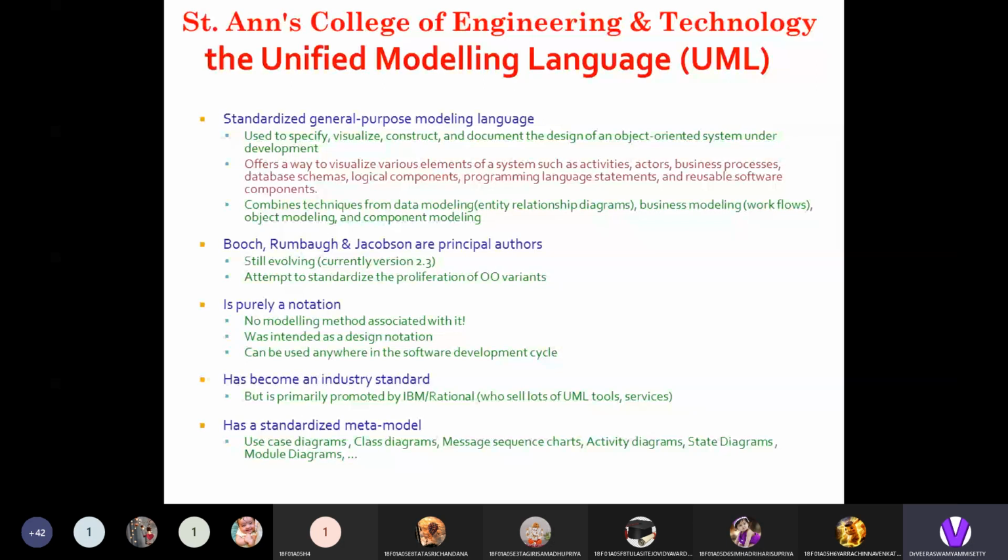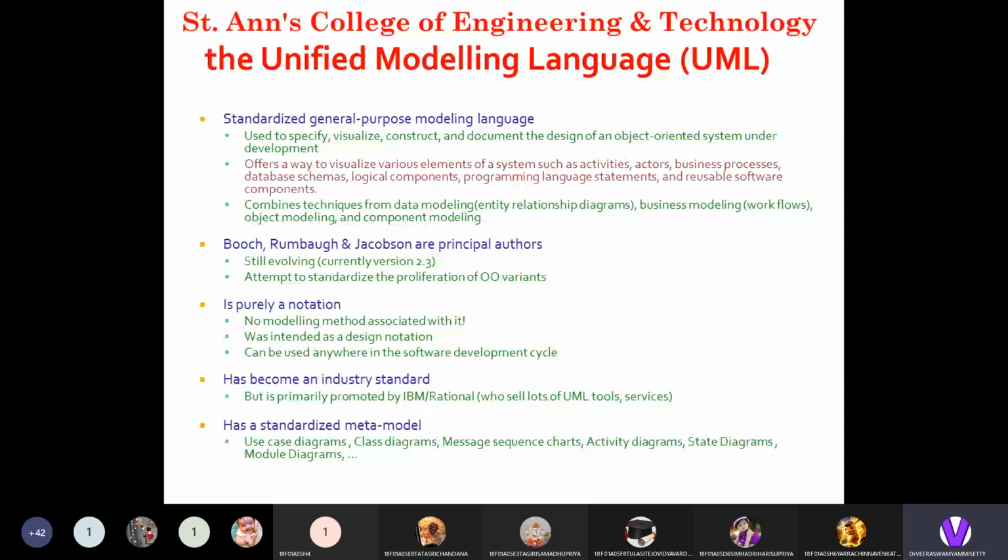Programming language statements are like programming for a particular module or application. It is also a combination of data modeling, business modeling, object modeling, and component modeling.